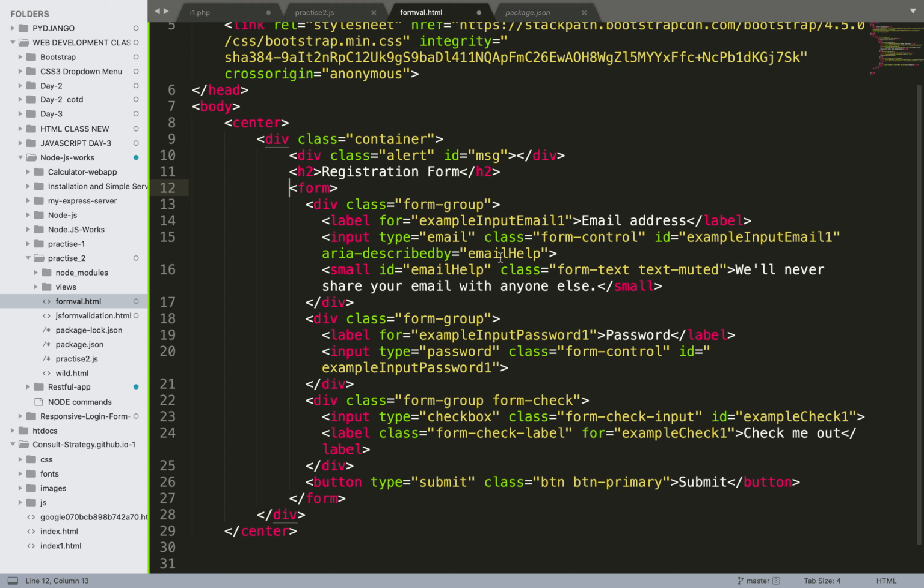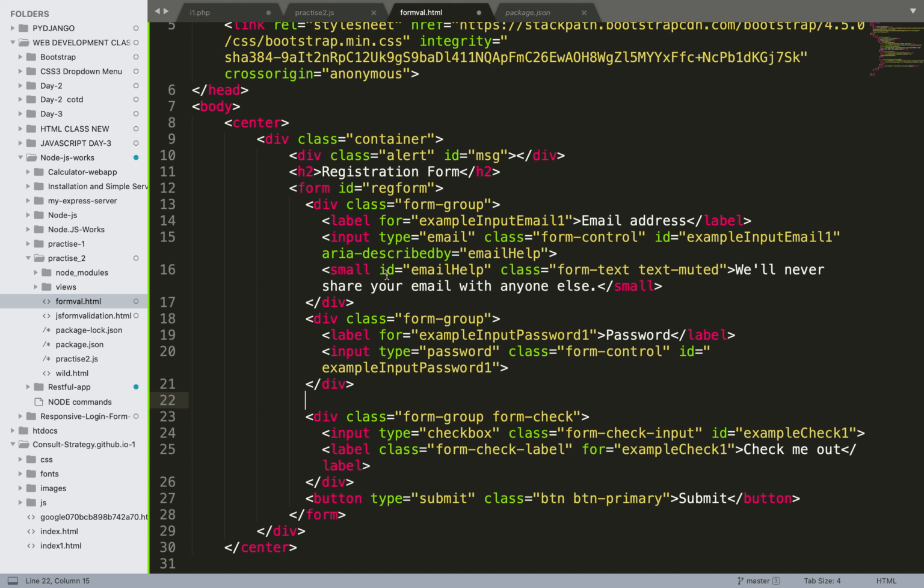So here we have a form, and let's give our form an ID so that we can work with it, and the ID will be reg form. It doesn't matter what you give. Now the template is fully ready.